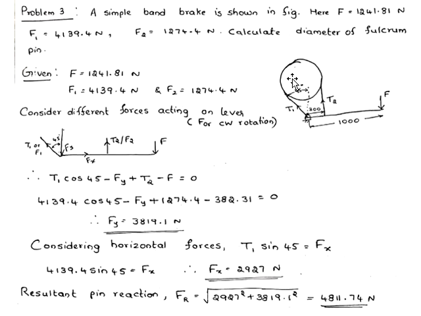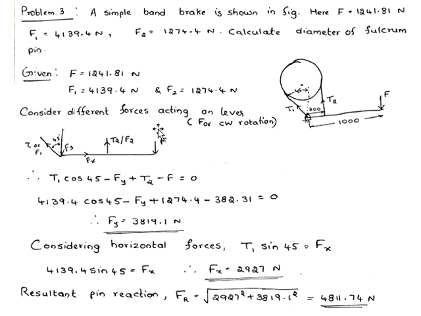First, for clockwise rotation, consider this lever portion. Identify which are the different forces acting on lever. There is one F at one end of lever which is acting downward, and during clockwise rotation, tight side will be on left side, because when it starts rotating, it will pull the belt from left side and same belt will be delivered to right side. Therefore T1 will be tight side, T2 will be slack side. So I am writing T1 here, T1 or F1 one and same, T2 or F2 will be here on right side.